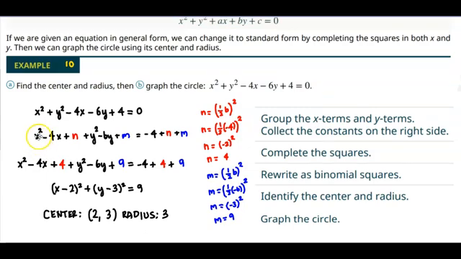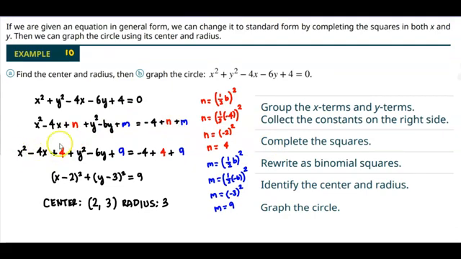So we have x² − 4x plus n, which we don't know yet, plus y² − 6y plus m, which we don't know yet, which is equal to, and we brought the constant on this side, which is −4, plus n plus m. Now the reason why we're adding n and m is because we're going to have to complete the square, meaning we have to complete the square of the groupings for x, and we need to complete the square for the groupings for y. In order to complete the square, n has to equal